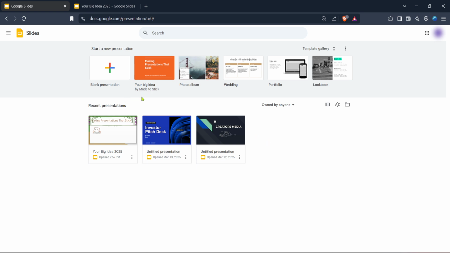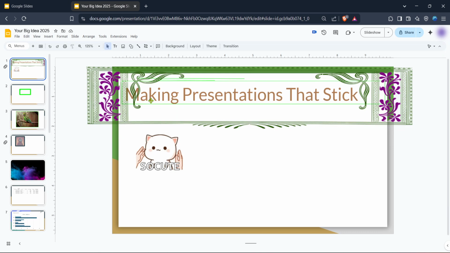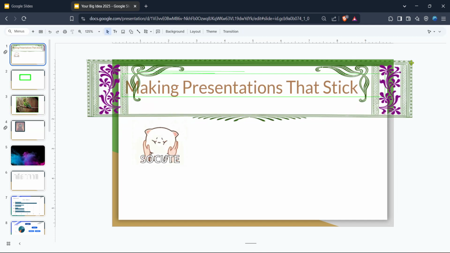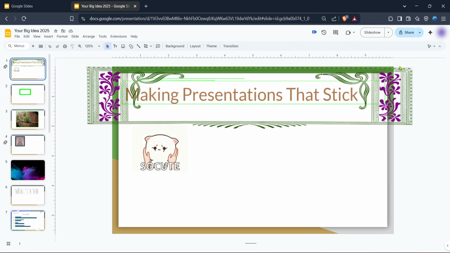One of the simplest ways to free up some visual space and help you focus on your presentation content is to hide the menu bar. This is especially beneficial if you're working on a smaller screen or if you just prefer a minimalistic workspace. To accomplish this, simply click on View in the menu at the top, then select Hide Menus from the drop-down. Alternatively, if you're a fan of keyboard shortcuts, you can achieve the same result by pressing Ctrl, Shift, and F simultaneously on your keyboard. And just like that, the menu bar disappears, leaving you with a clean and uncluttered view